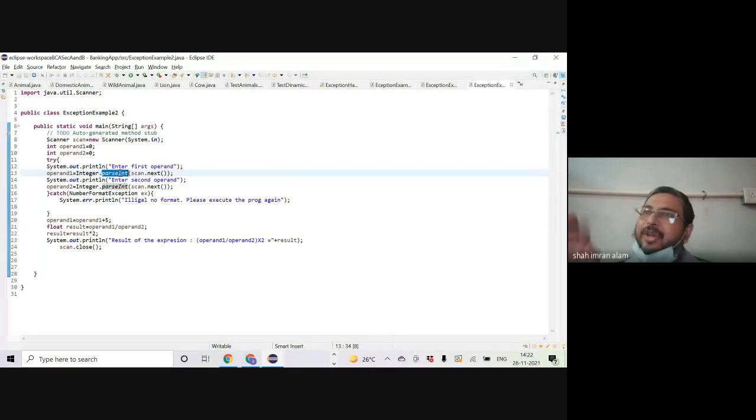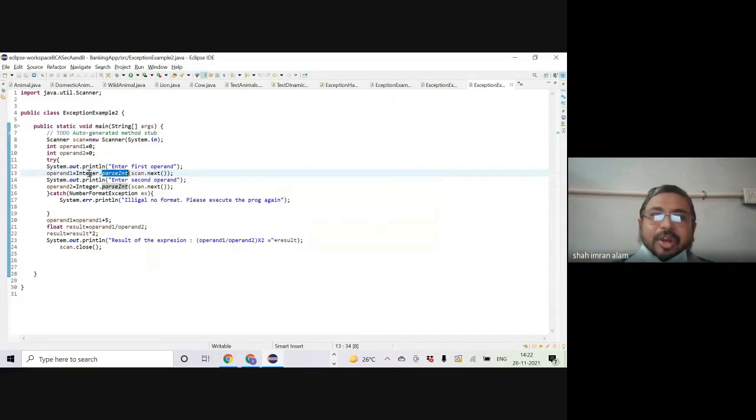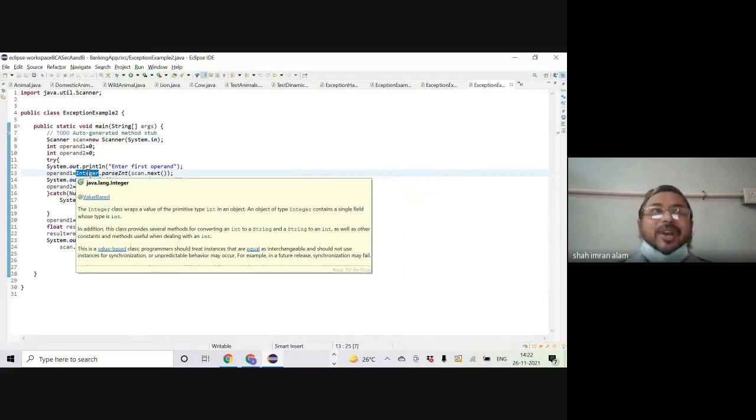For example, if I am entering 3, scan.next is going to return us 3, which is a string. But now that 3 could be parsed to an integer by calling the parseInt method, which is a static method, of course, on the Integer class. And you know that the Integer class is one of the wrapper classes we have discussed in the last class.